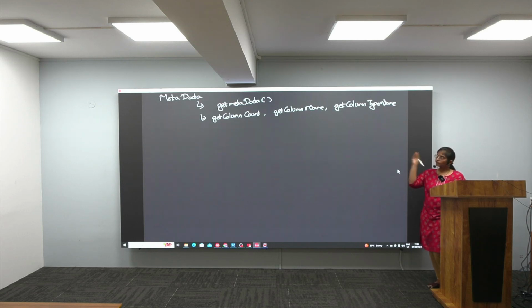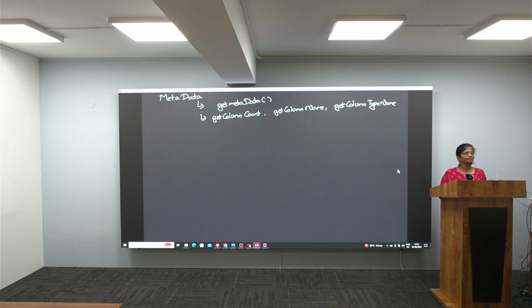Metadata, what we have written right now is applied for a result set. If you want, you can apply it for your connection and then get to know the information about which particular database you are working with, what is the version of this particular database, all that information you can also get. This is about metadata. Next, what else have you learned? Yes, the next one is